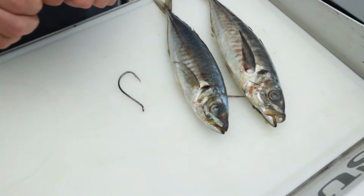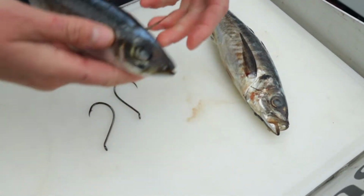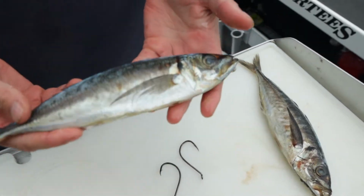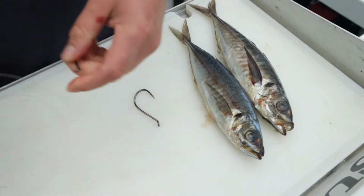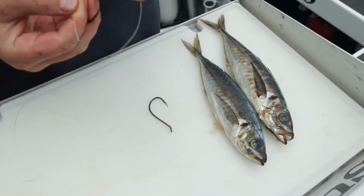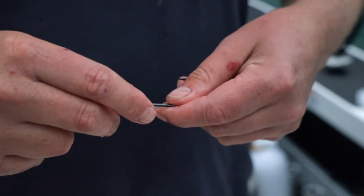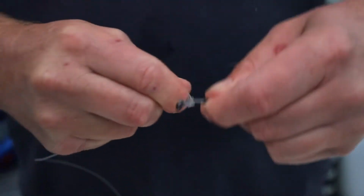Rigging up your baits correctly can be paramount to the success of catching big snapper. And for catching big snapper, our first and foremost choice is a jack mackerel. That's above medium size, and that's our favourite bait for big snapper. We prefer a 2-hook rig, and I use a simple long line knot through the eye. Go around about 6, 7, 8 times. Doesn't matter, I don't even count. I just go around until it looks good,